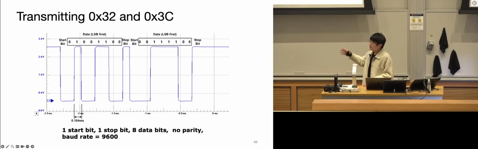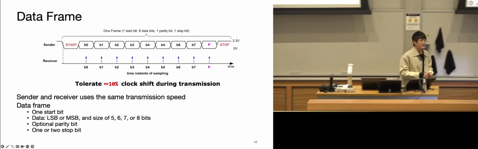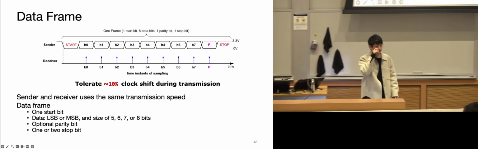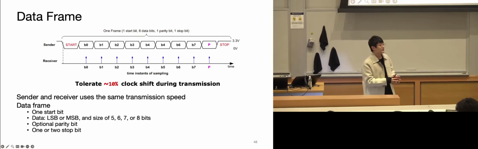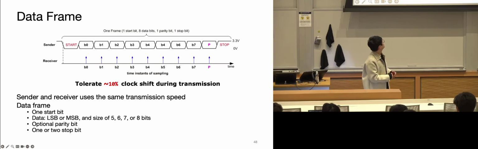And it also has a start bit and a stop bit, so that it knows whether there is something on the bus right now. About the oversampling itself, for example, the 10% drift that we have there